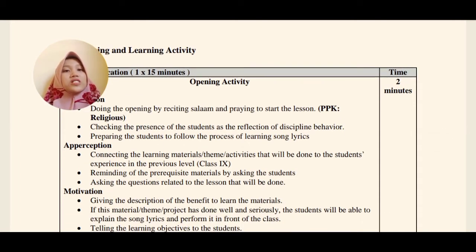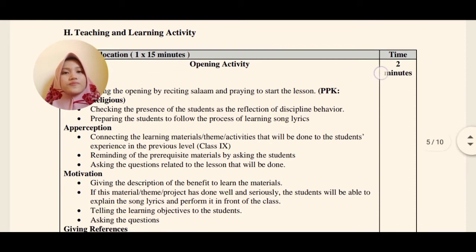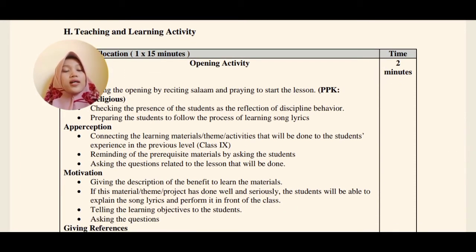during the opening by reciting salam and praying to start the lesson. Checking the presence of the student as the reflection of discipline behavior. Preparing the student to follow the process of learning song lyrics. Then apperception, connecting the learning material, same activities that will be done, to the student's experience in the previous level. Then reminding of the prerequisite material by asking the student